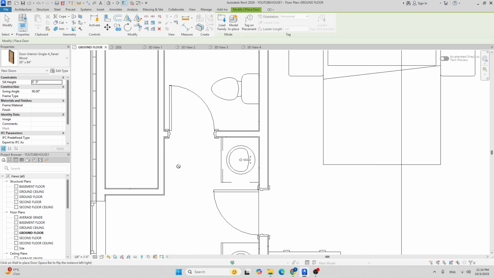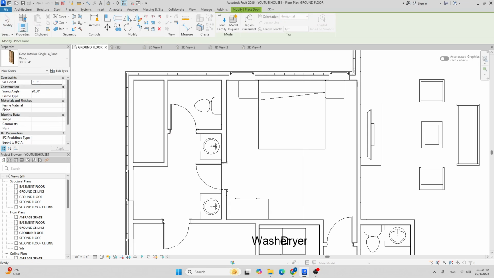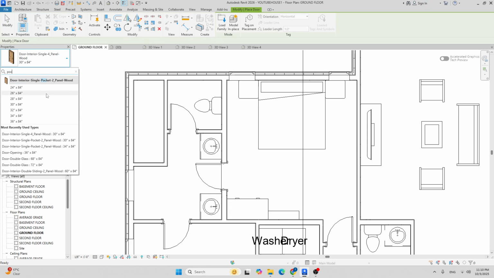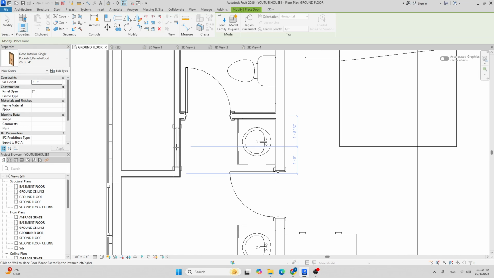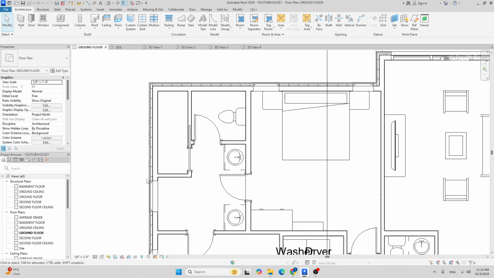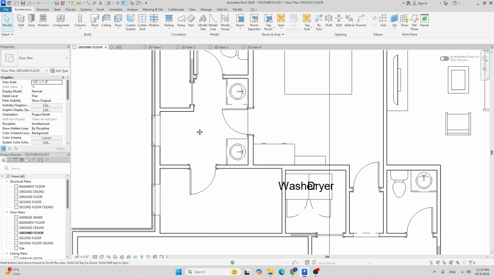I'll type CS for create similar, and I can see that it's not gonna fit, so I'm gonna have to put a pocket door here. So door pocket, maybe it's a shower, so it doesn't have to be that big. 26. Click it here, and it's good. I think I'm happy with it. So this is gonna be our shower place,